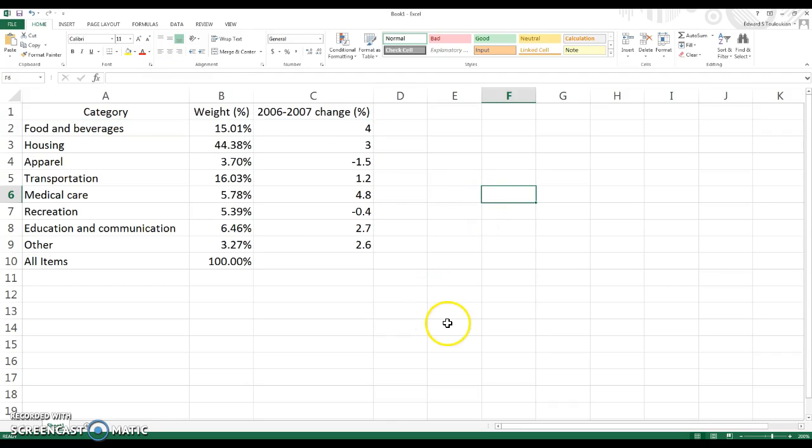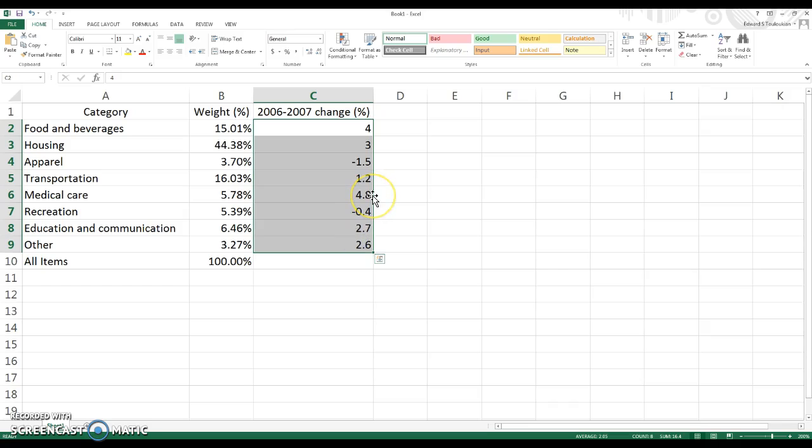Another thing I do want to point out is when you type in the weights, go ahead and put a percent sign after each one. When you type in the percent change, leave those as whole numbers. We'll talk about why we want to do that in a later section. But for now, just format it this way and it'll save you some time at the end of the problem. So put percents on your weights. Don't put percents on the actual change though. Leave those as whole numbers. After we multiply and do all that, our final answer will be a percent. And then we don't have to convert it into one if we leave these as whole numbers.